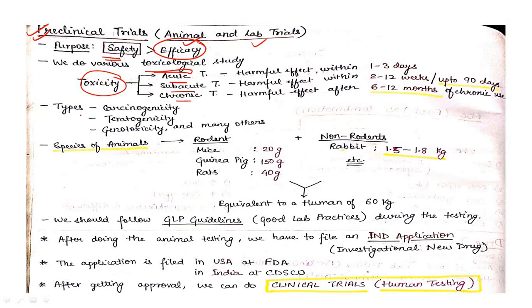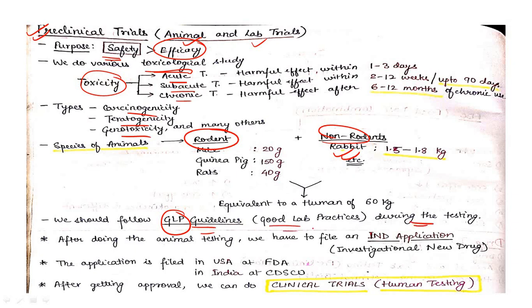Now, what are the types of toxicity which we study in this? Carcinogenicity we look upon, teratogenicity, then genotoxicity, and many other things which we study in this preclinical trials. Clear? And now, what are the animals we use? So rodents are used, and non-rodents are also used, such as rabbit. Now, one more important point, that we have to follow these GLP guidelines, that is good lab practices, during the